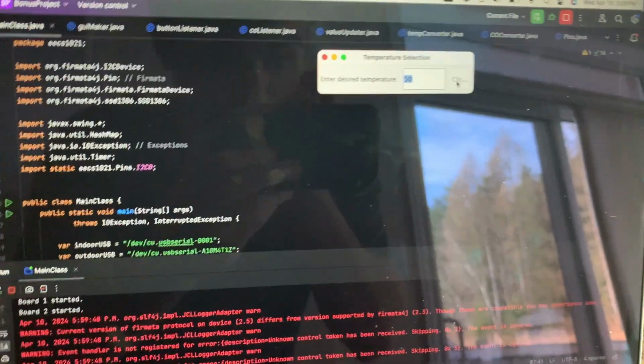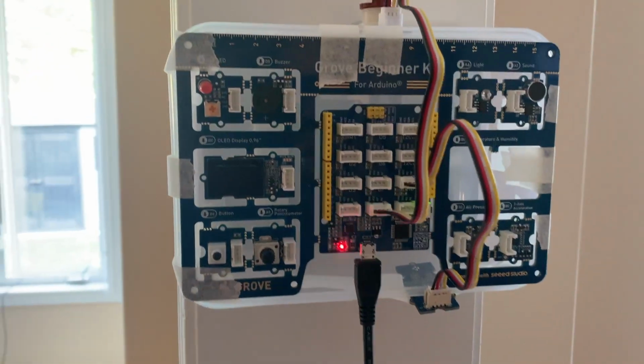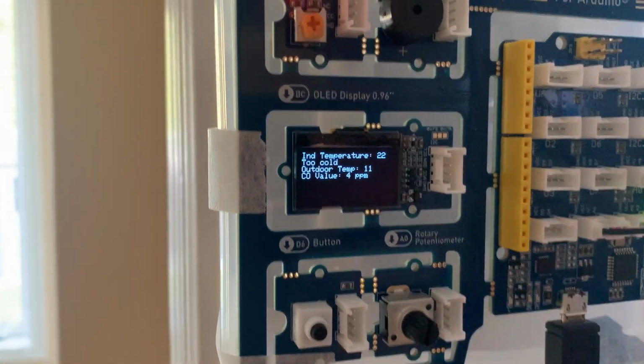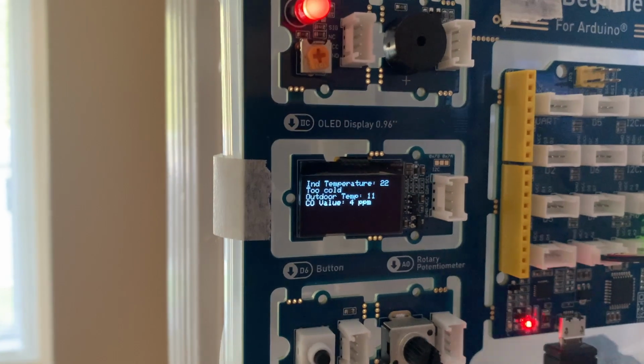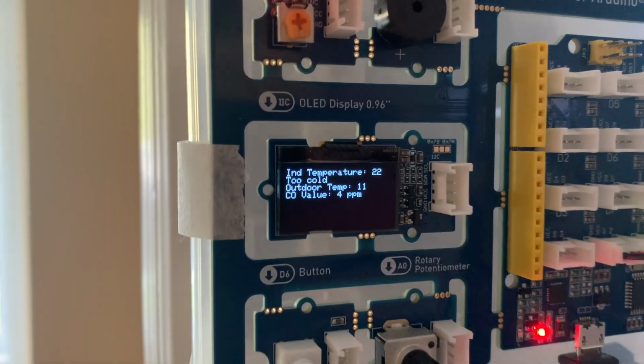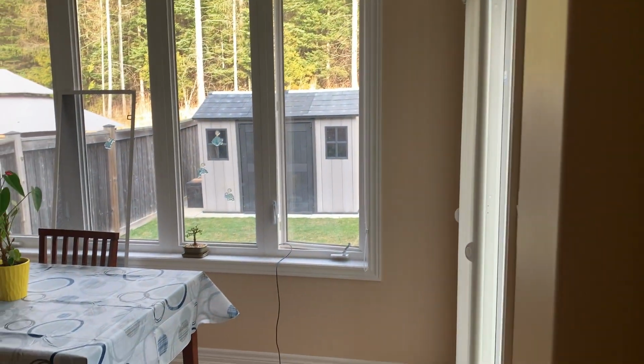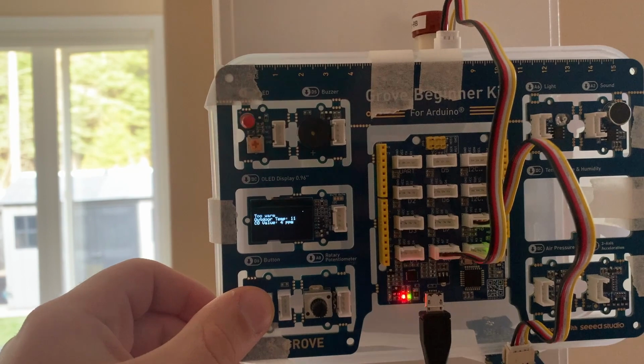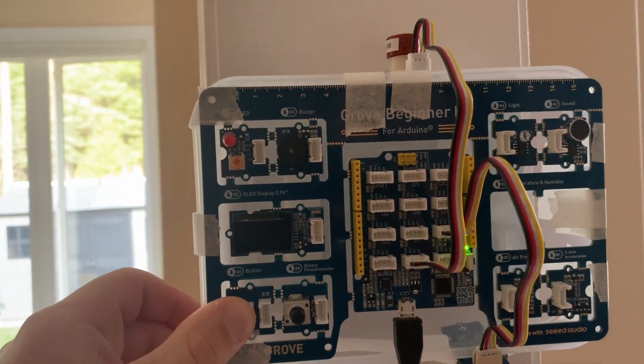So if I set the temperature to something unreasonably high, like 50, and I come over to my setup, you can see that it's telling me it's too cold in here because 50 was my target. You can see it's reading the outdoor temperature as well from my outdoor temperature sensor connected out there. You can see that if I press my button, it clears everything, turns all the sensors off, and stops the